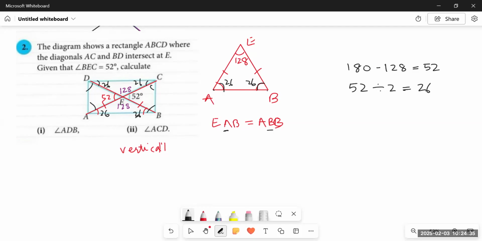And same, we can do the same with this one, since these two are also the isosceles triangle. So we can say that if we subtract 52 from 180, we will get 128. In the next step, we will divide 128 by 2 and we will get 64. It means the two angles would be 64. And now we can check using the properties whether we have found the angles correctly or not.